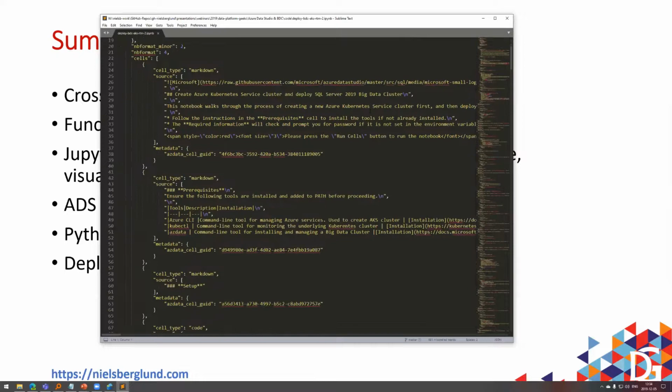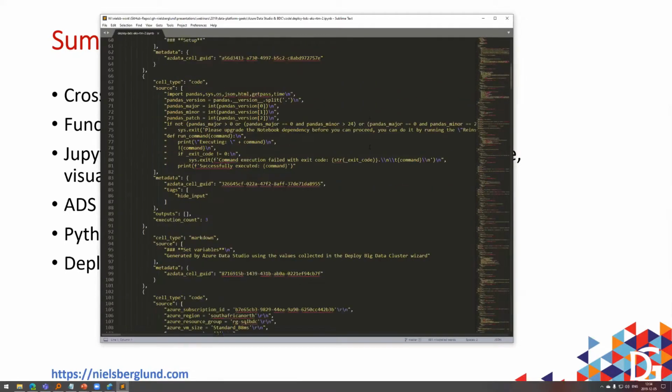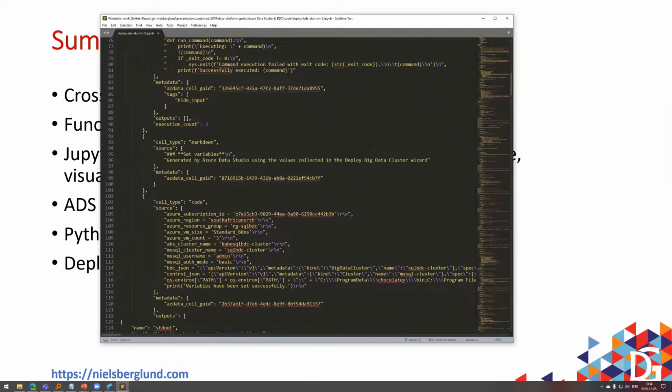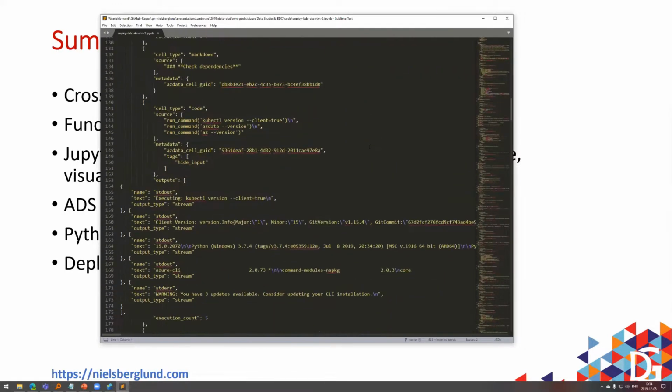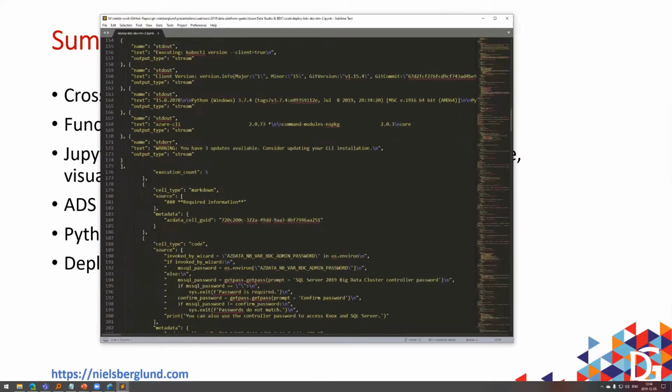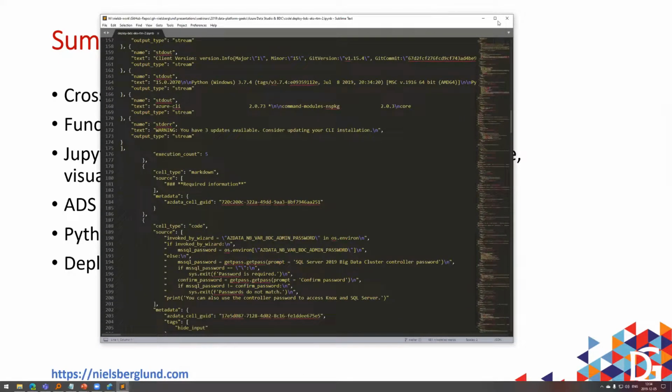So cell information, and so on. It's not extremely straightforward to understand what the notebook is doing from the actual file. It is so much better to have an editor to do that. But anyway,